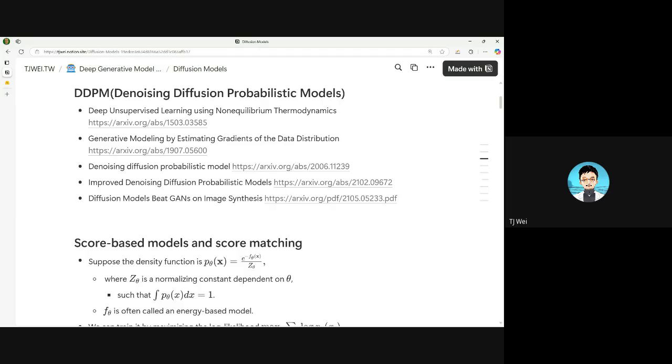The GAN is very difficult to train. Even if you have a lot of data and a lot of machines, it is very difficult to tweak the hyperparameters to make the GAN training stable. However, the diffusion model is much simpler, or at least more stable. So if you have a lot of GPU machines and a lot of data, you can be almost certain that you will achieve better quality, no matter what your model is. I mean, better model,